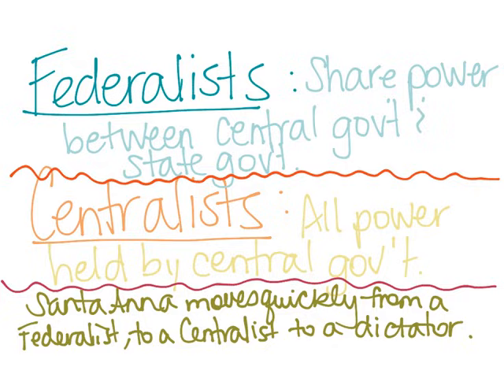But Santa Anna moves quickly away from being a federalist after he becomes president to becoming a centralist because he wants to rein in that power. He wants the power. But after he finds that he is having problems with lawmakers passing laws that are not in his favor, he quickly moves into becoming a dictator because he rises through power through the military. And with that military backing, he is able to take over all of Mexico.